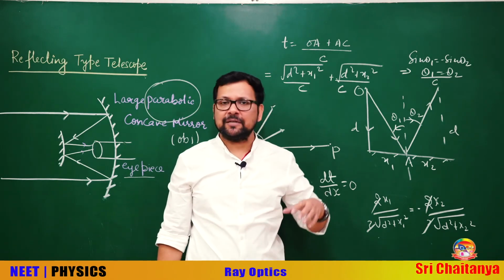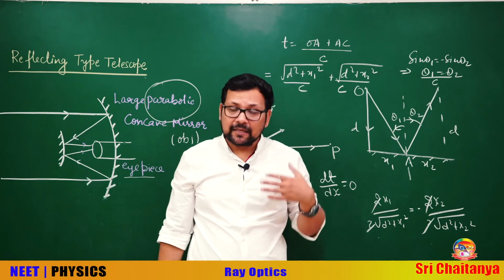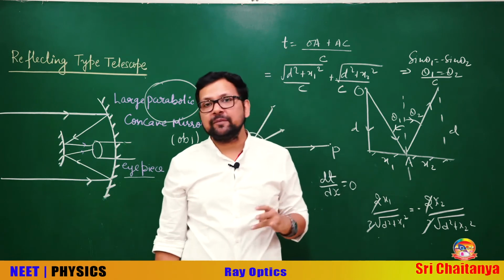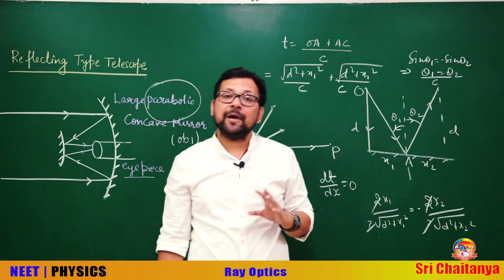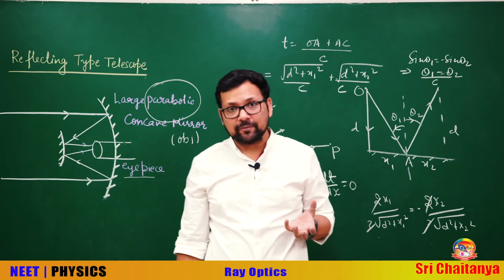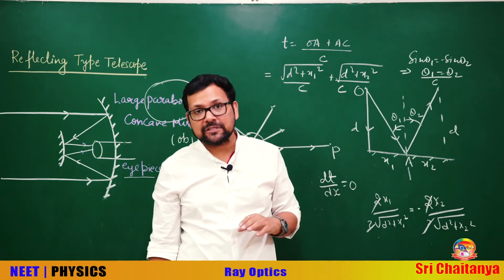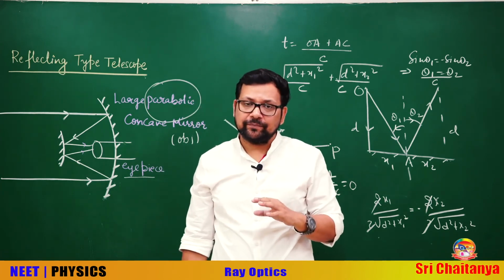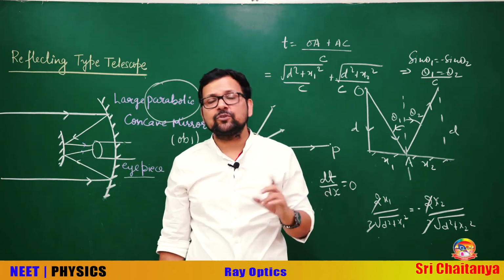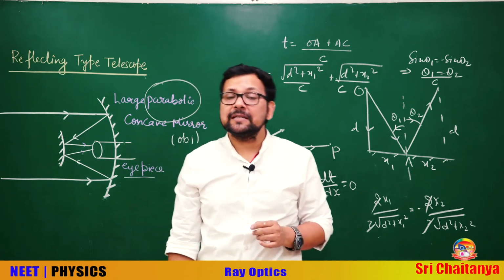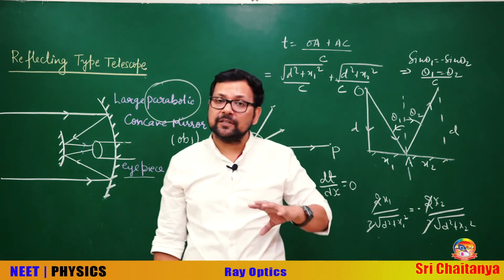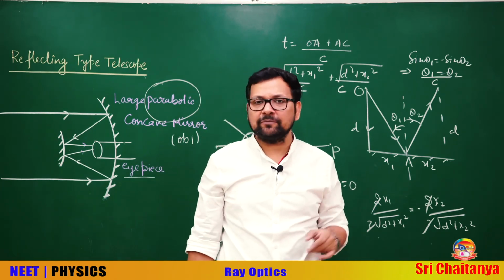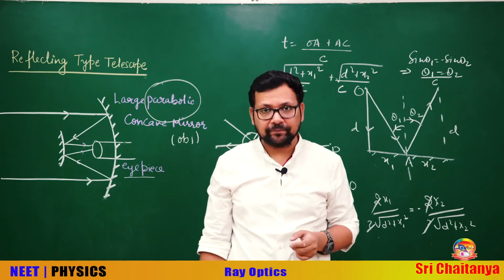So there are such fundamentals. First the laws, then reflection and refraction through a plane surface. In the plane surface, the plane mirror and all its applications. Then apparent height, apparent shift concept, refraction through a glass slab concept, and most importantly the prism. These are all in the plane surface. Apart from this, in the plane surface we also study one topic called TIR, total internal reflection. This is a huge topic in itself. There is a deviation graph and there are many conditions; go through each and every application of that.